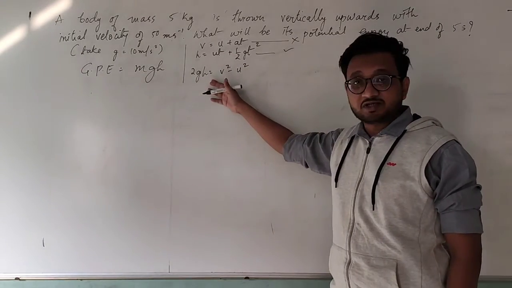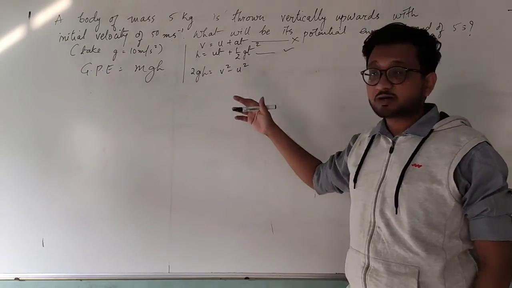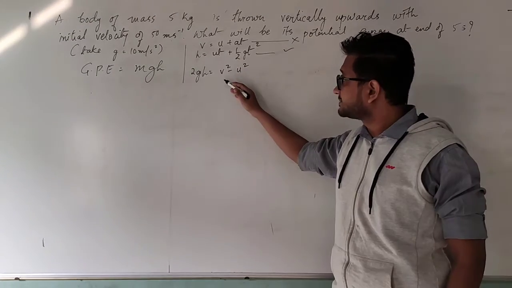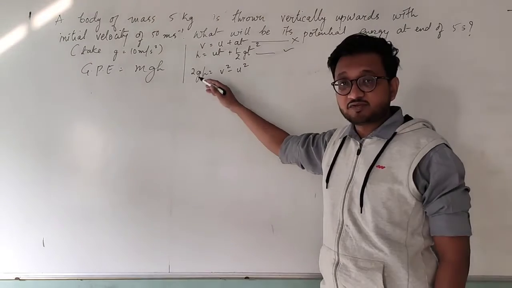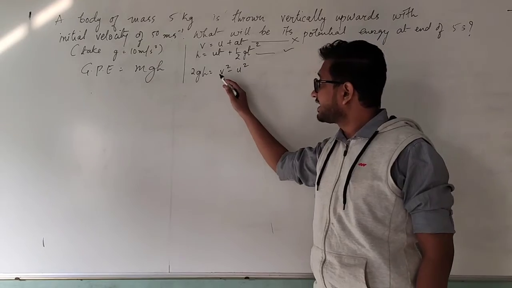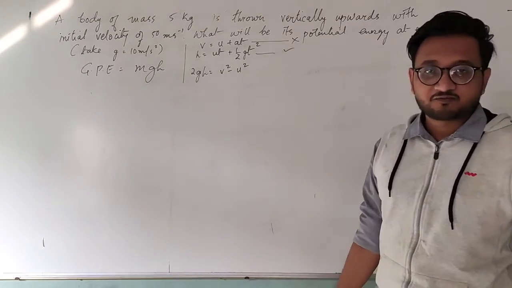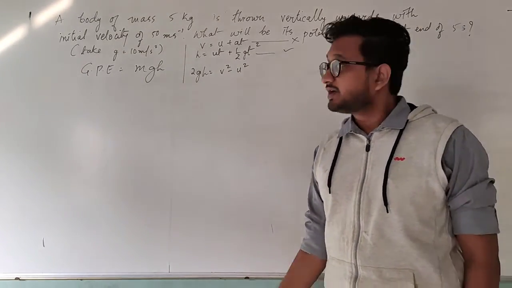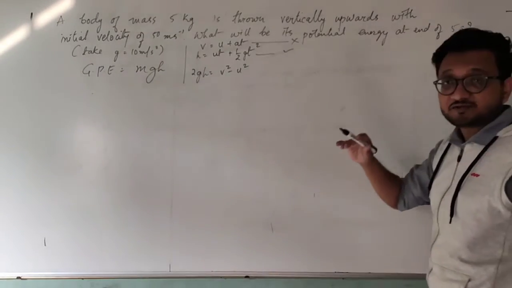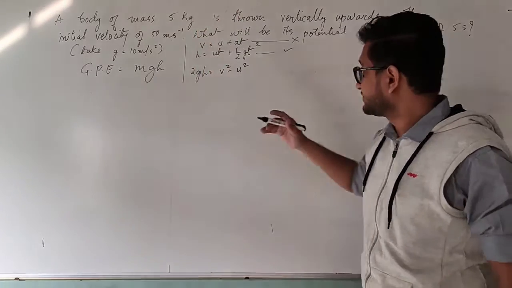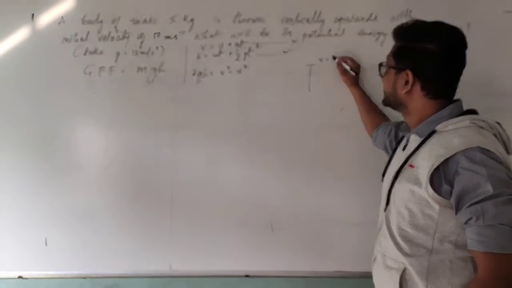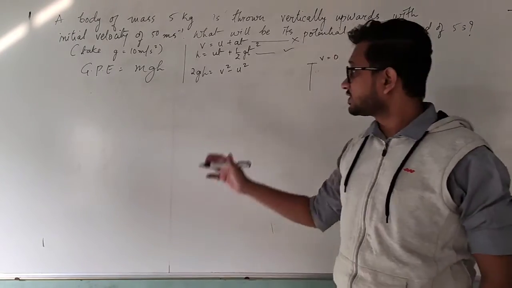The third equation is 2gh equals v square minus u square. Now in this particular case, you will see that we have acceleration, we have height, and we have initial velocity. But one thing you will notice is that we don't have the time, we have been given the final velocity. Now, in this particular question, it is not mentioned that after 5 seconds it will be having final velocity, because if the object is at the final velocity, after reaching its certain height, its final velocity will be 0.